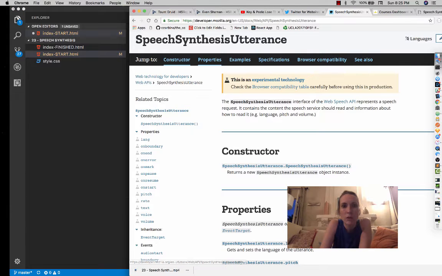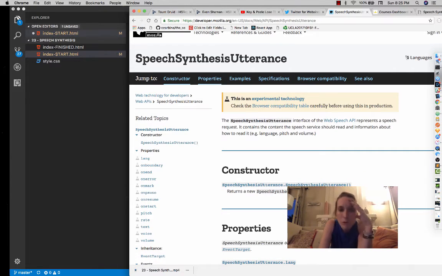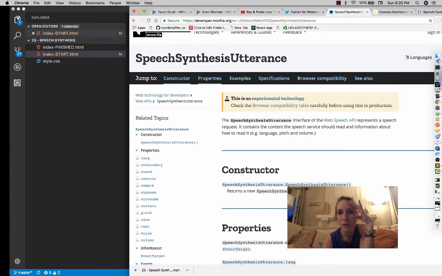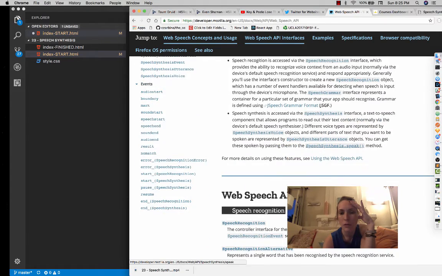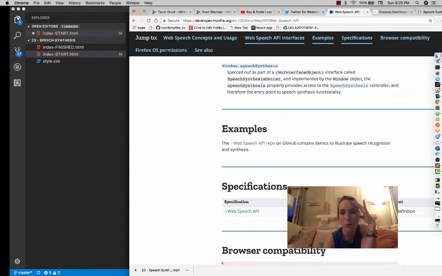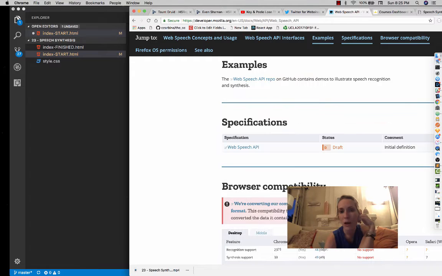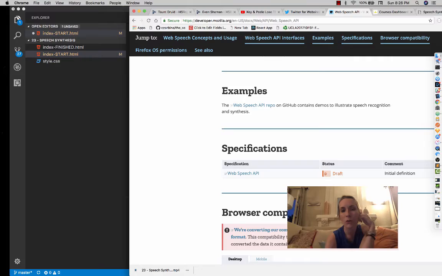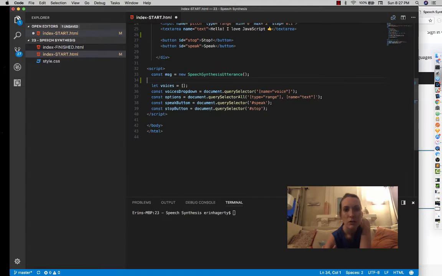Yeah, the speech synthesis utterance interface of the web, so this is the web speech API, in which you send them information and they send you back information, and that's how you can interpret different code or text that somebody's writing in, if it's said in French or said in a higher tone. So in this code, we've